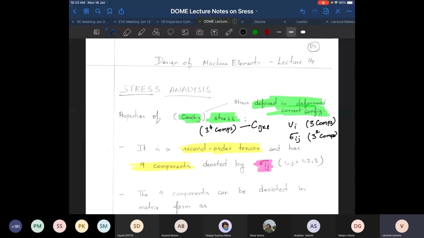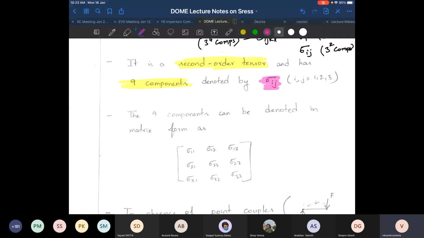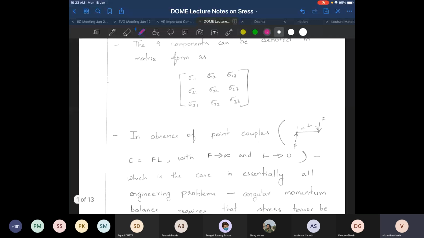Next, the 9 components of stress can be written in matrix form in this manner. Sigma 11, 12, 13, 21, 22, 23, 31, 32, 33. So stress has got 9 components and they can be written in index form in this particular manner. Now, in general, Cauchy stress has got 9 components, but you can prove that